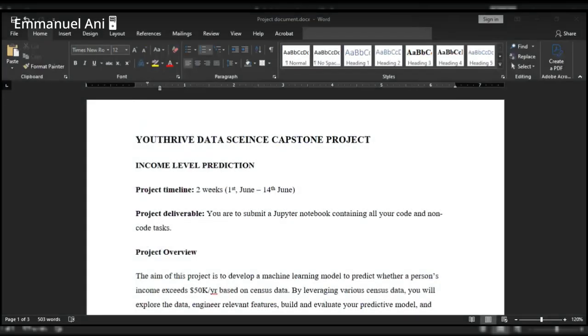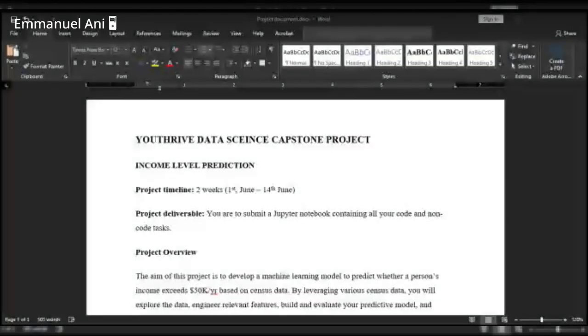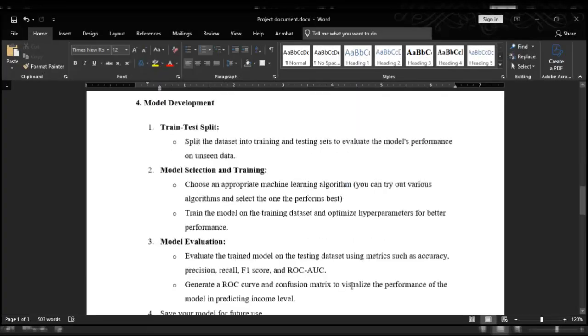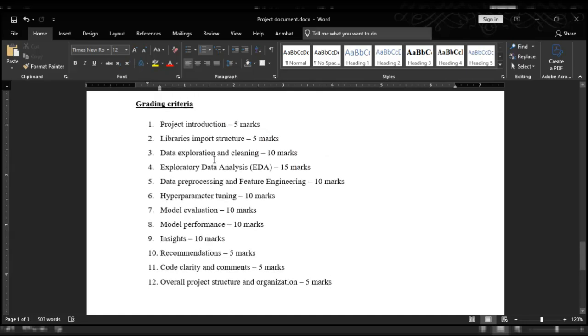What I was saying about the EDA is this particular grading structure: you have marks for your EDA itself, and then you have marks for your insight. If you perform your EDA but don't give the insights that you get from it, you lose this mark, right?